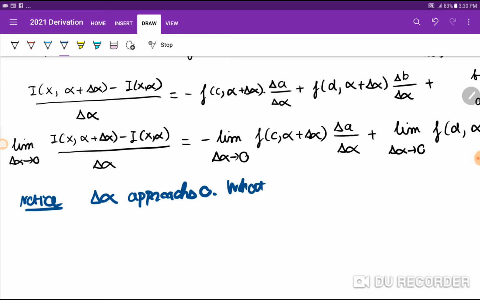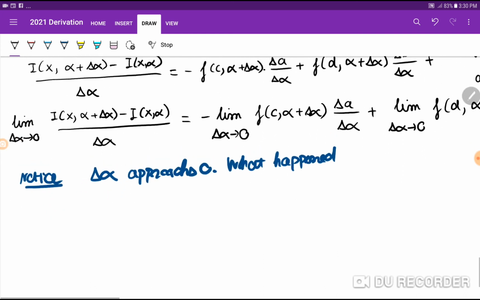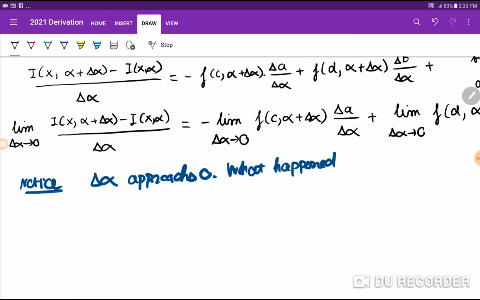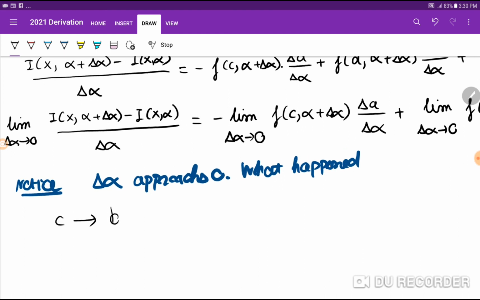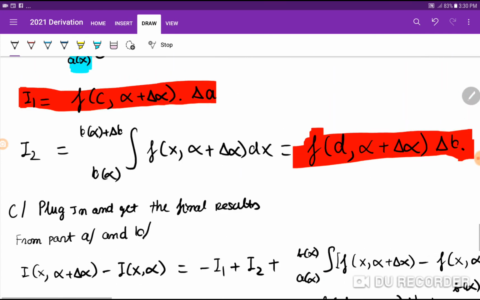What happened? There are 4 things happening. Well, I'll show you why. As delta alpha approaches 0, C will go to... no, sorry, C will go to A. Because remember, this is just limit stuff. If you look at the graph again,